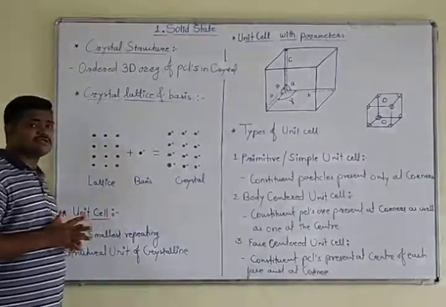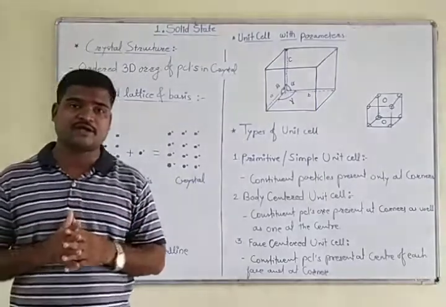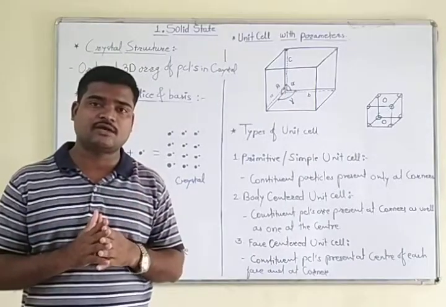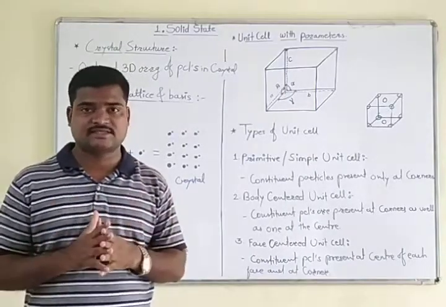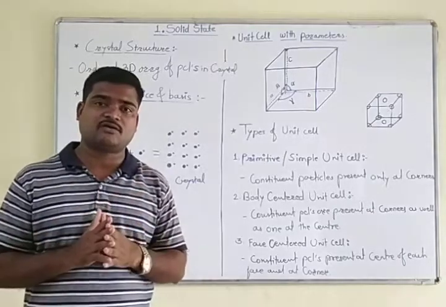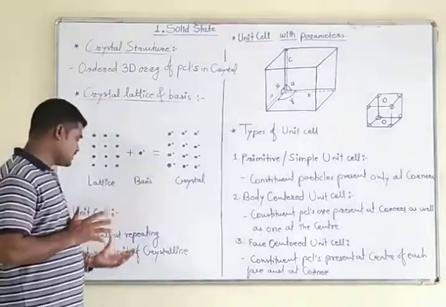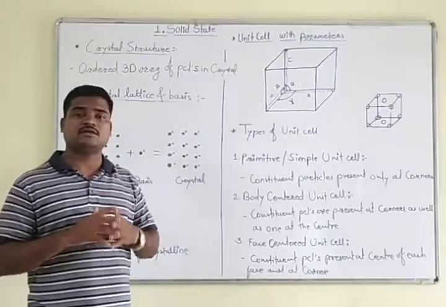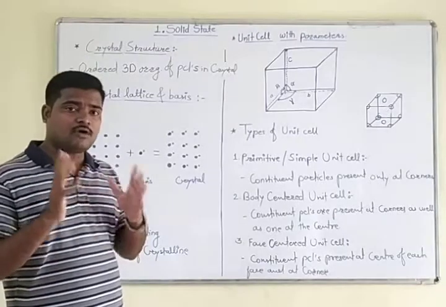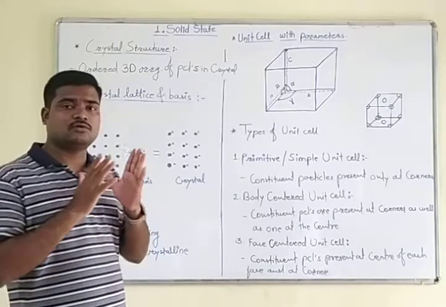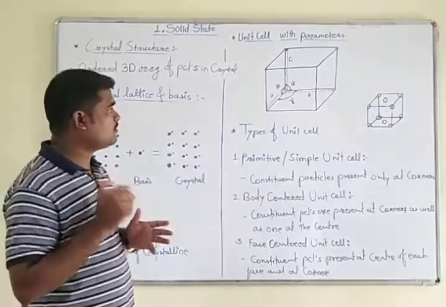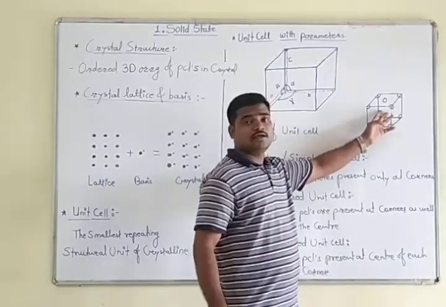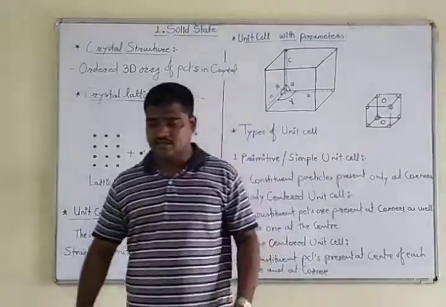Now, what is meant by unit cell? Now, when we come to this point, unit cell. Unit cell is the basic smallest repeating unit of a crystal lattice. That is, it is the smallest part of that big crystal lattice, what we can say. So its definition we can write in one sentence only. For better understanding, we have to go for its figure. Now look at this figure. That is a basic smallest unit.